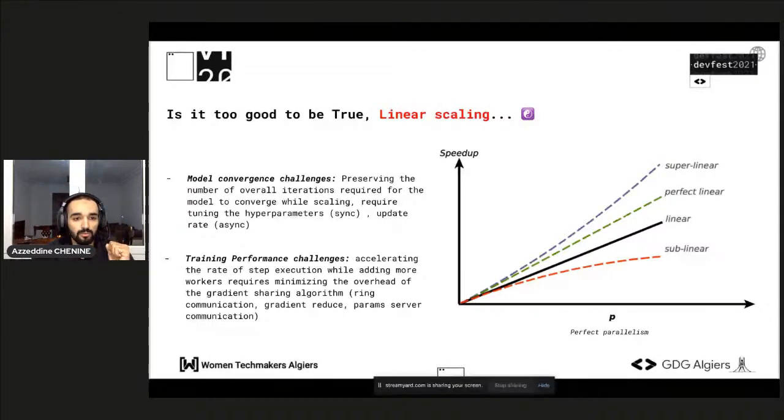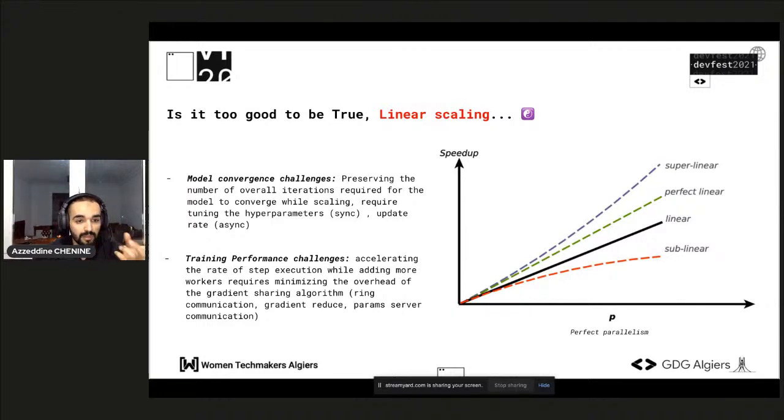But it's too good to be true, because model convergence can present a challenge. What we mean by model convergence is that you need to preserve the number of overall iterations required for the model to converge while scaling. So if your iterations to converge is n iterations, you need to divide this n by the number of workers you are using. And it will be harder to achieve because sometimes it's hard to tune your hyperparameters, and it's harder also to tune your update rate, especially when we're working with asynchronous